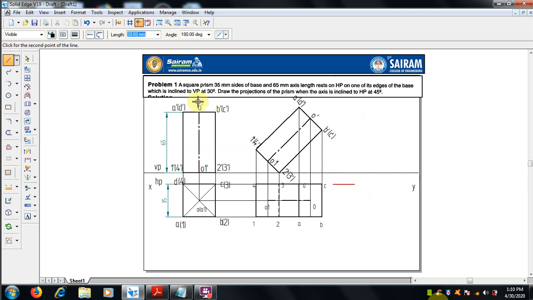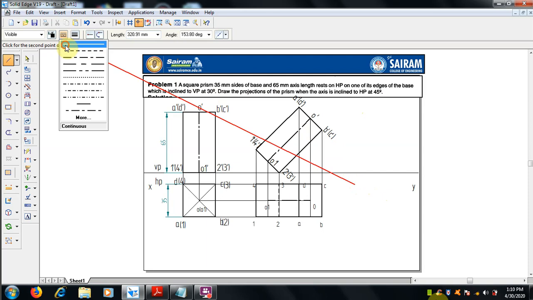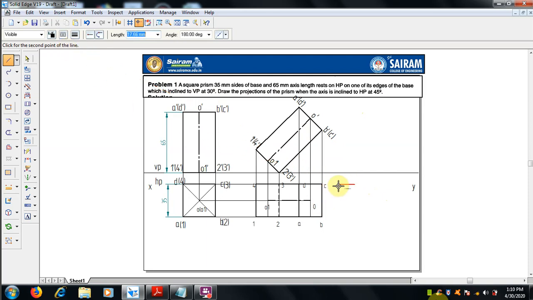First we will draw a 30-degree line to the VP, since if it is directly rotated, the image will cross the XY reference line. So we will draw a parallel line for the reference, and then we will make minus 30 degrees, since it's down to the reference. I am putting minus 30 degrees, so that it will come like this. So draw a line at 30 degrees to the reference line.